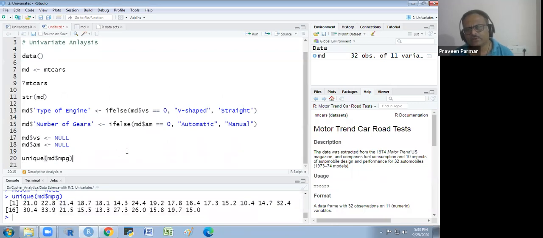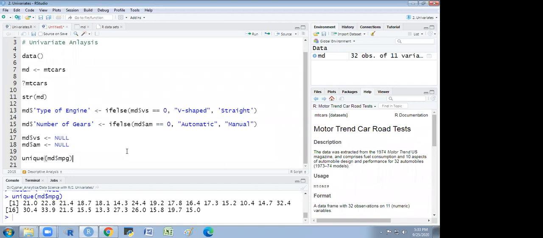Mileage is a continuous or discrete variable? Can somebody explain to me? Is it discrete or continuous? I explained this to you in the first session. Discrete, sir. Why? We have only 32 observations.